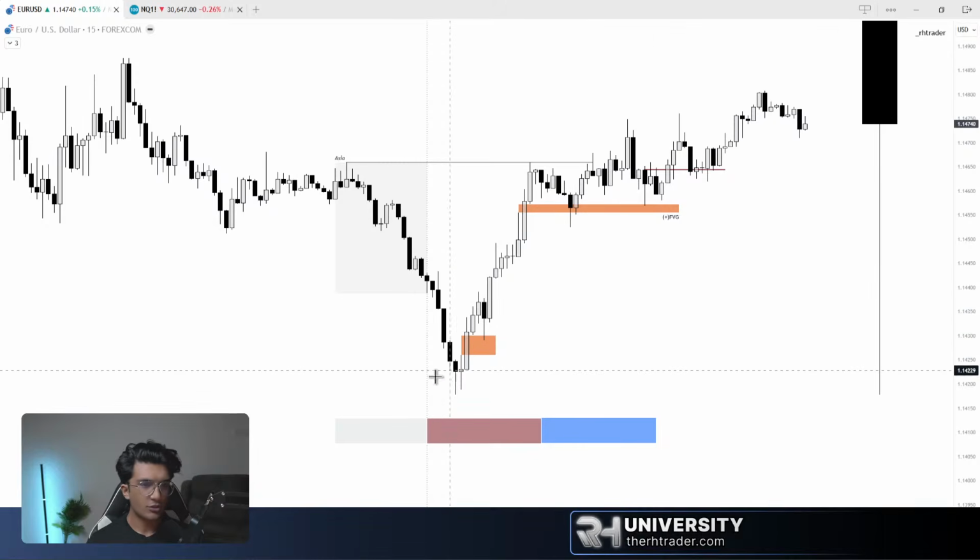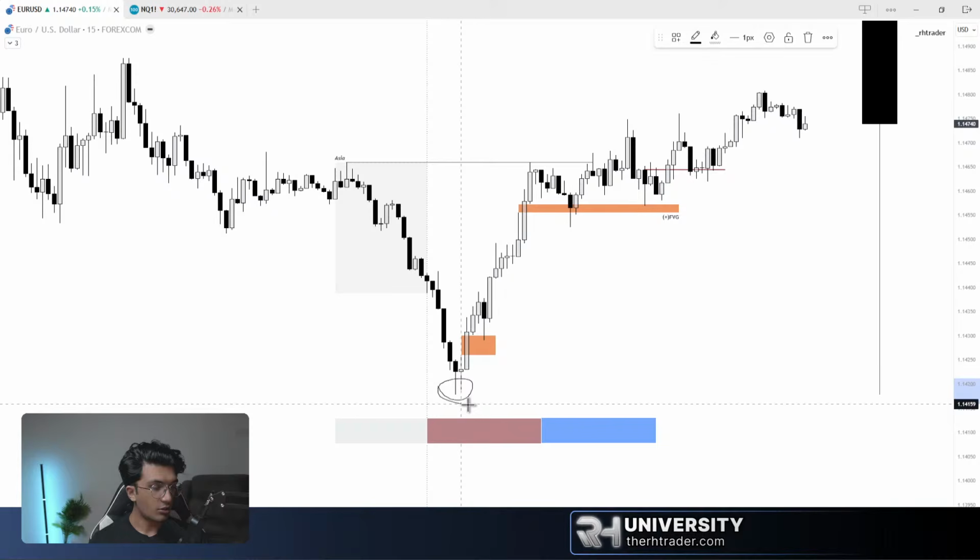Sure, there are other confirmations you can use. You have, let's say, liquidity being taken out and price forms an SMT divergence, or on the dollar index, we do have an SMT, or let's say dollar index has reached a significant level, and that means euro does not need to reach that, and then you can wait for a fair value gap and price will move higher. But to simply put, you can just wait for a fair value gap, right? That would be the easiest way to go forward.